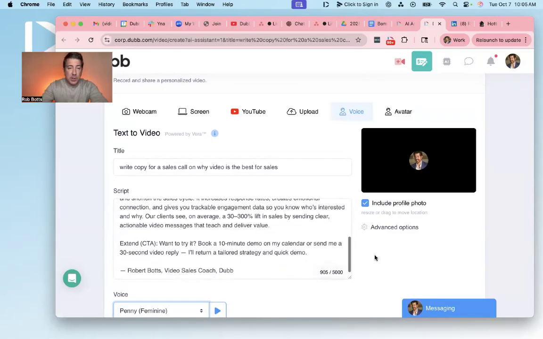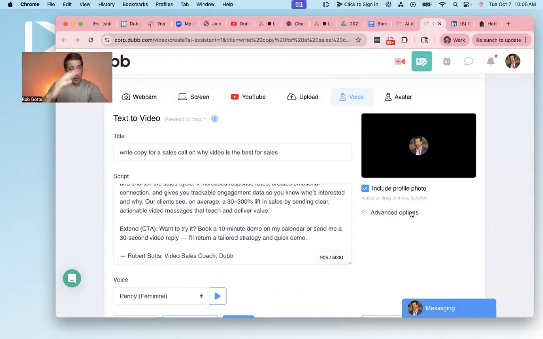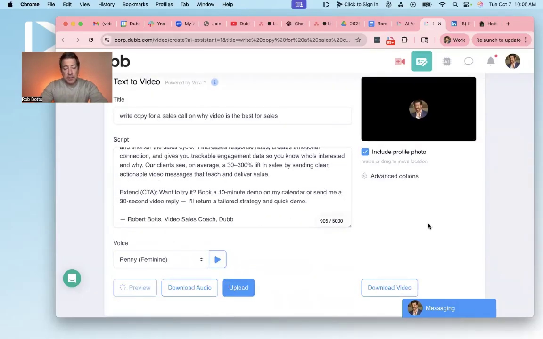And then what it's going to do is it's going to send this video out. And then if we hit preview, the animated GIF is going to be the image with a little waveform, and you're going to hear the AI's voice speaking to the person when they actually click on it. So when you click the preview button, it's going to show you what this would be like if someone clicked it and began to watch it. Now, again, this is for if you didn't want to be on camera, you didn't want to use your